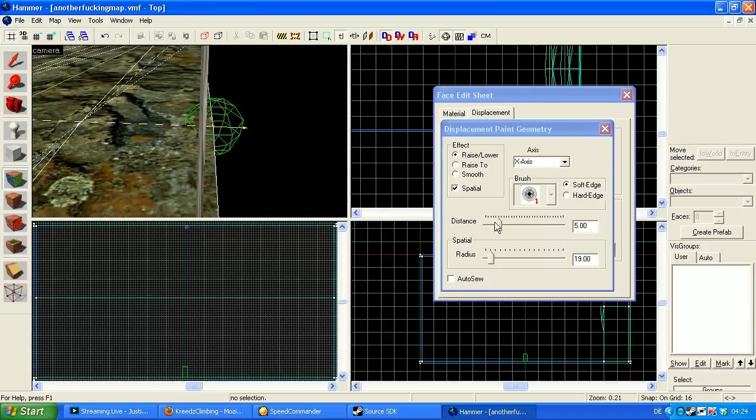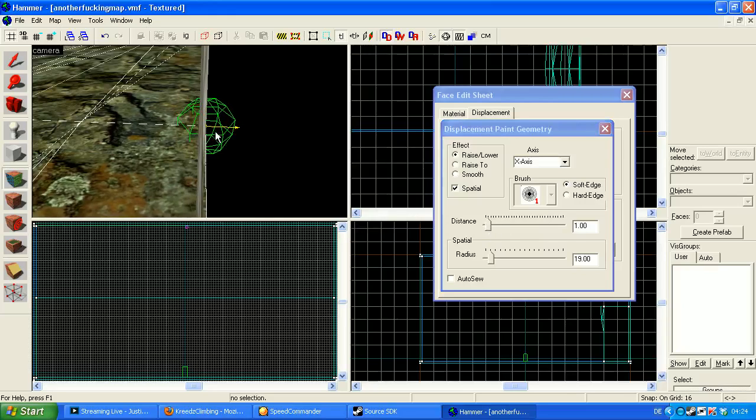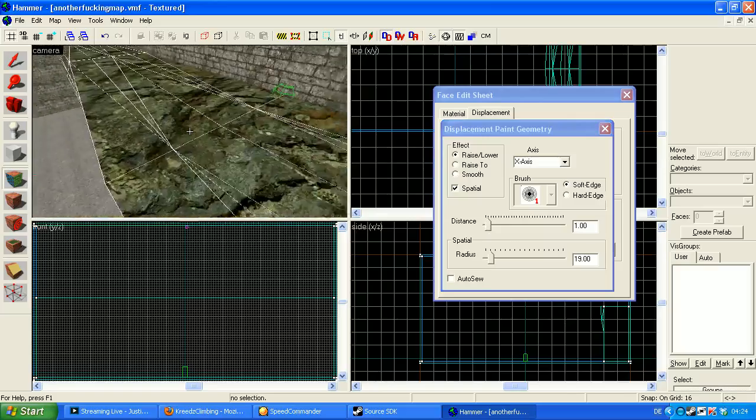I can make each click go even less by reducing the distance to 1, and it's going a really small amount per right click. If I left click, it goes out. If I right click, it goes in. And that matters for all